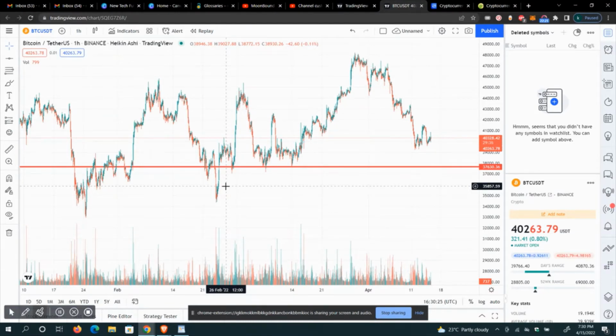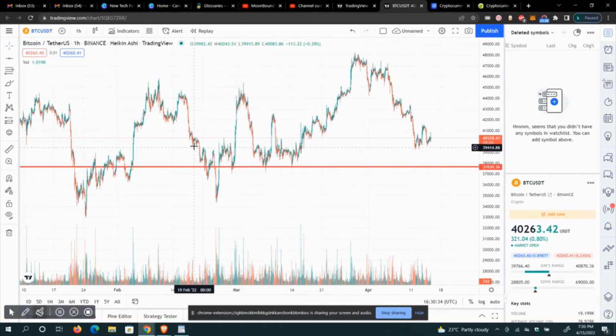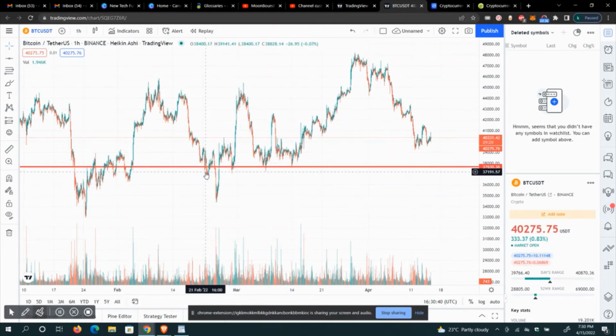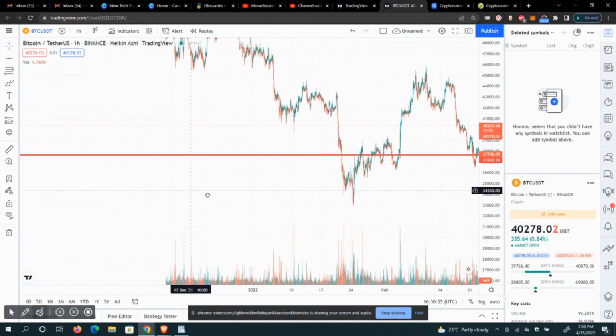So sometimes a support can also turn to be a resistance. What do I mean by a support being a resistance? Let me explain that to you in a moment. As you can see now, this 37,000 region is a support, but there was a period whereby it was a resistance. A resistance simply means people don't want the price to pass a certain range. So a typical example of that is